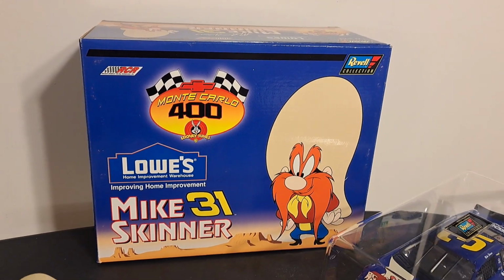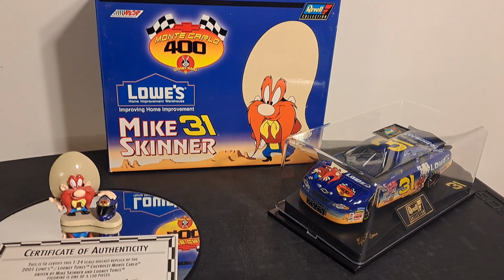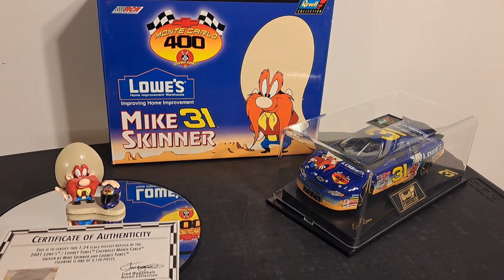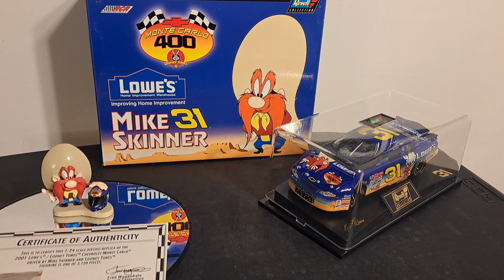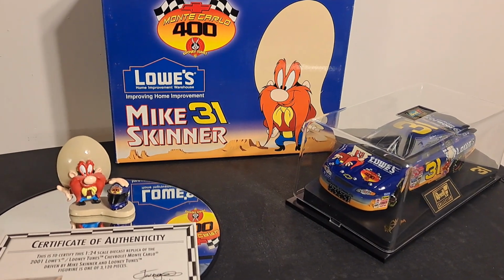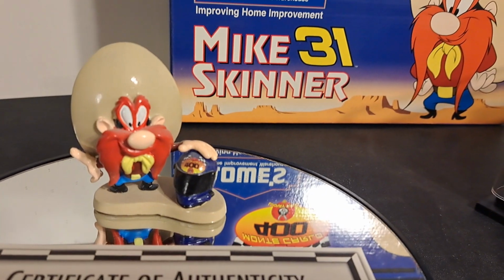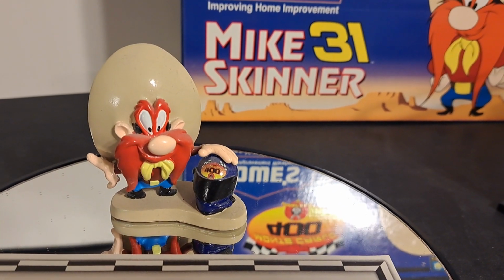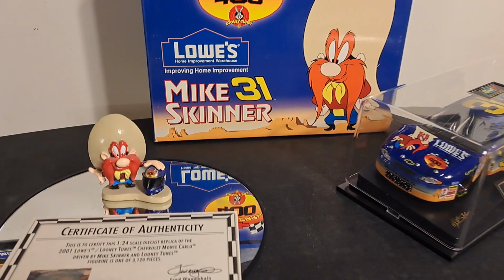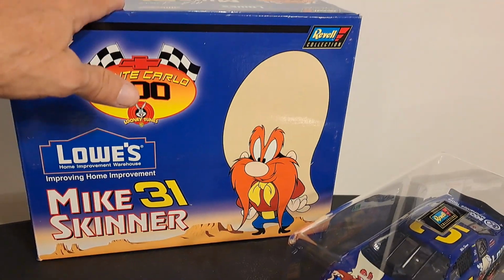And part of, I guess, to promote that particular race, they selected 7 Chevrolet vehicles to bear the cartoon characters of Looney Tunes. And Mike Skinner in the number 31 car was one of those. He had Yosemite Sam, the crazy little guy that is always all fired up, shooting off his gun and never really accomplishing anything. But anyhow, in this particular set, you get this absolutely huge box I'm